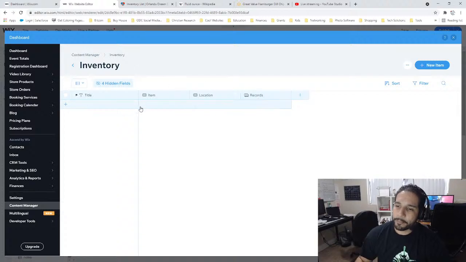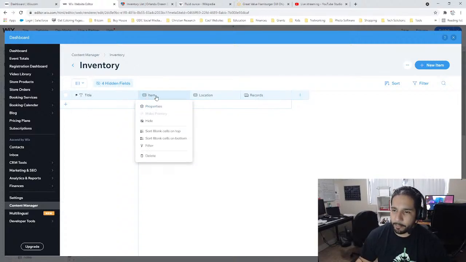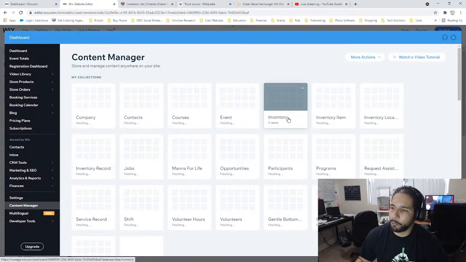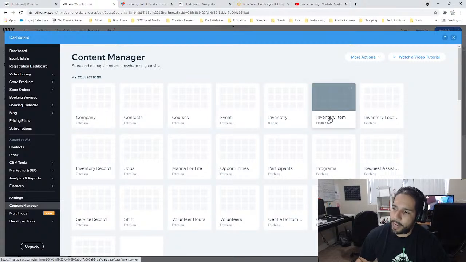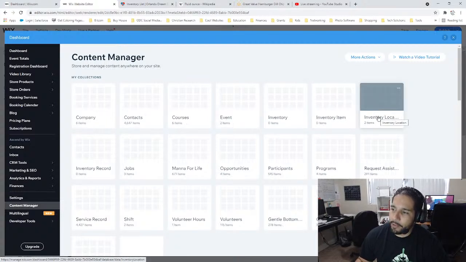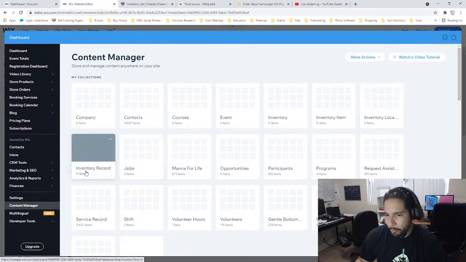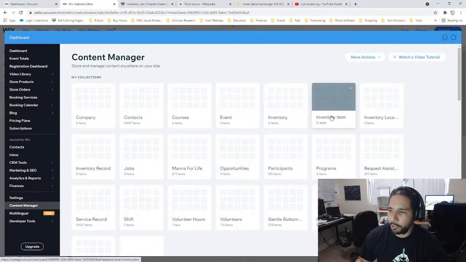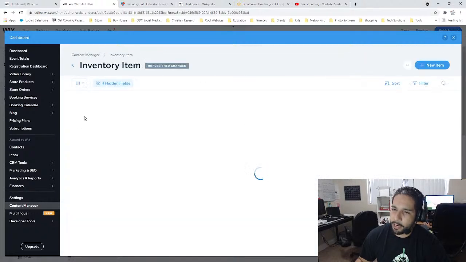Okay. So if we go back, so these are related items. So if we go back to our main inventory, so see we have inventory, then we have inventory item, and then we have inventory location, and then we have inventory record. Okay, so it's four separate databases or collections. So if we look into the inventory item,